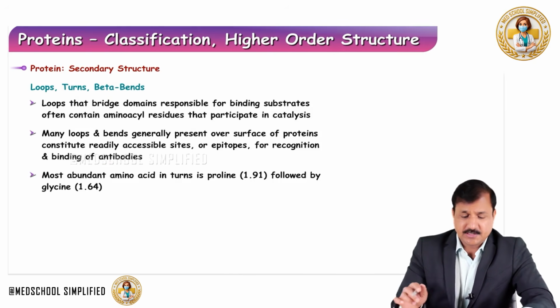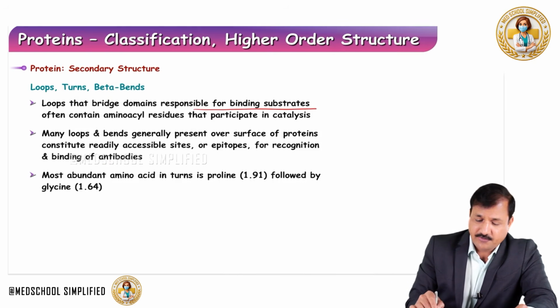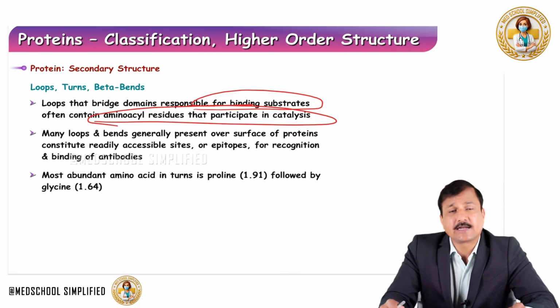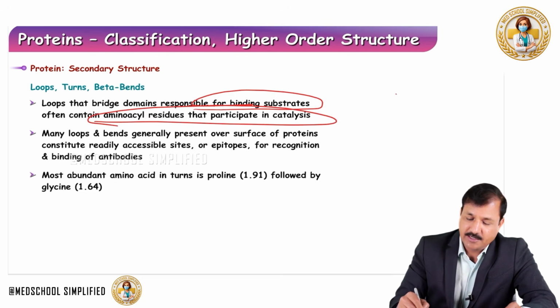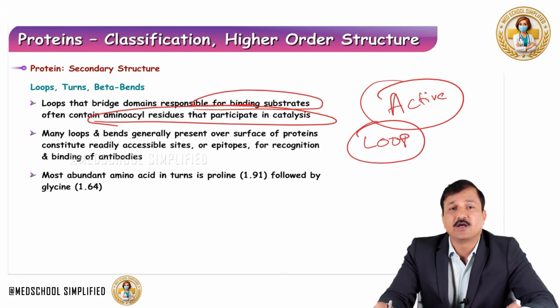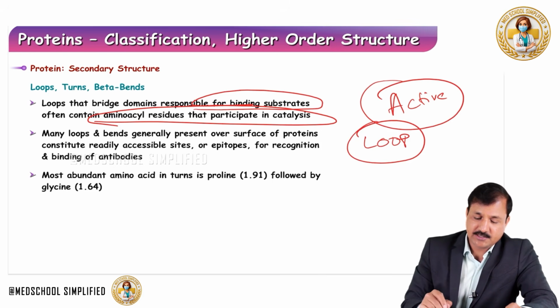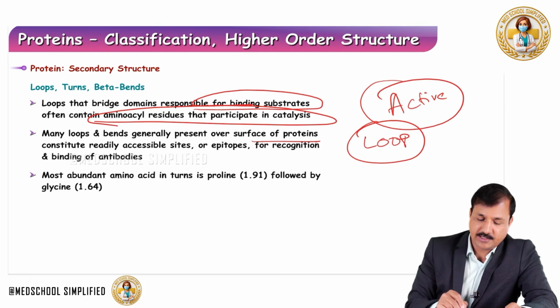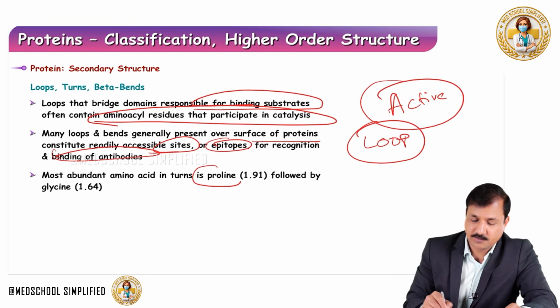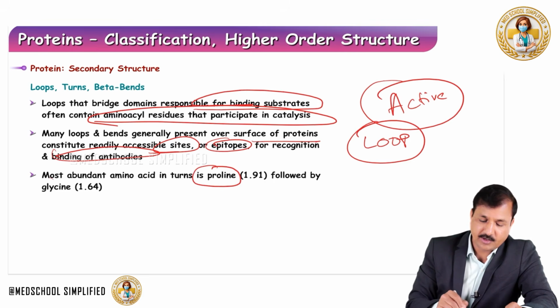Now, loops bridge domains that are responsible for binding of substrates. Often they contain amino acid residues that will participate in the catalysis process. Like in an enzyme, there is an active site, and in that active site, the loop basically has a specific type of amino acids. Many loops and bends generally are present over the surface of proteins and constitute readily accessible sites or epitopes for recognition or binding of antibodies. And the most abundant amino acid in beta bends, loops and turns is proline,